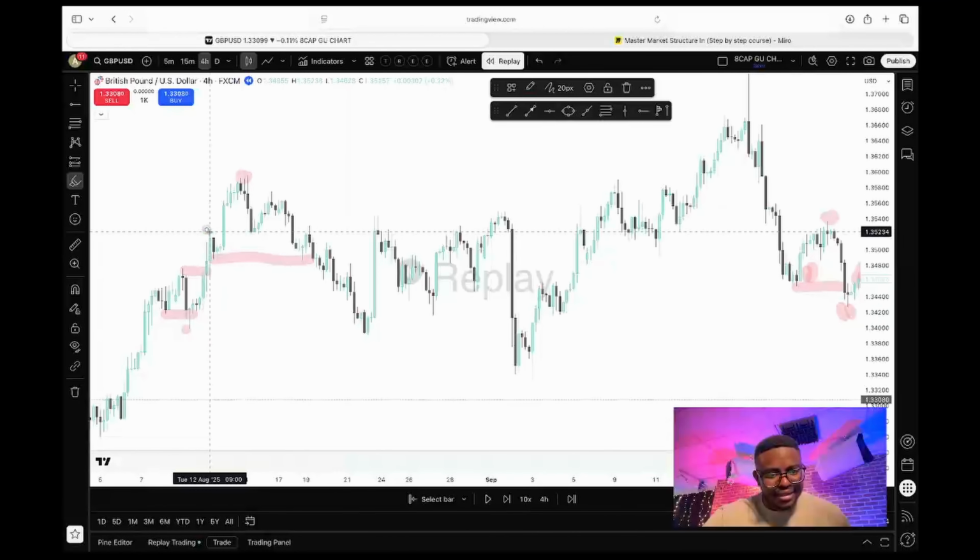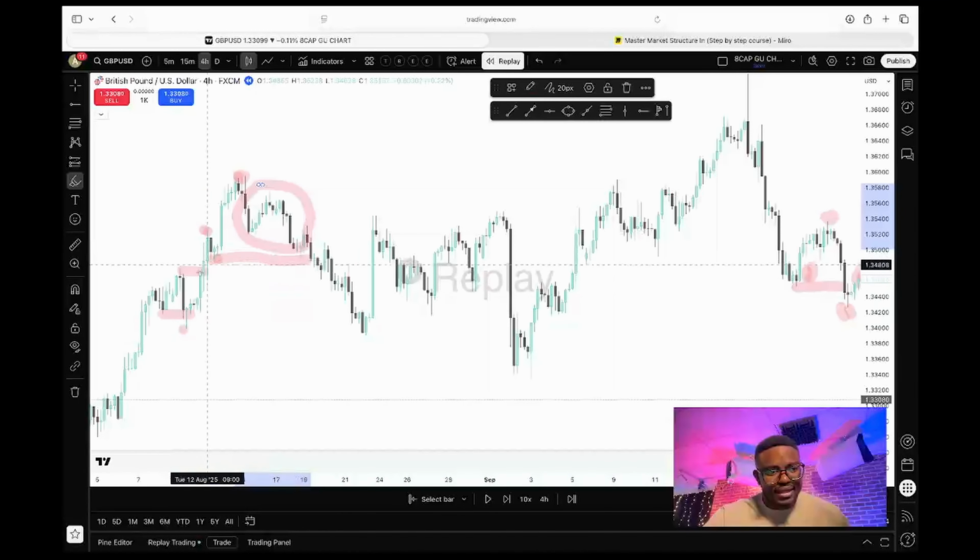We have a high, which is a higher high. We have a higher low right here. We have a higher high right here, but price chopped around. This is internal structure, which you don't need to pay any attention to in the market. All you're looking for is a bullish trend, a bearish trend, consolidation, break of structure, and a market structure